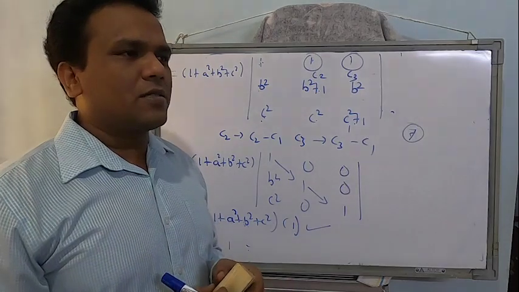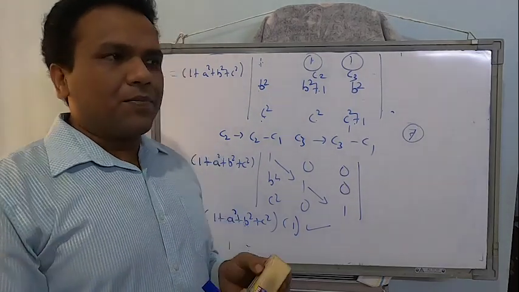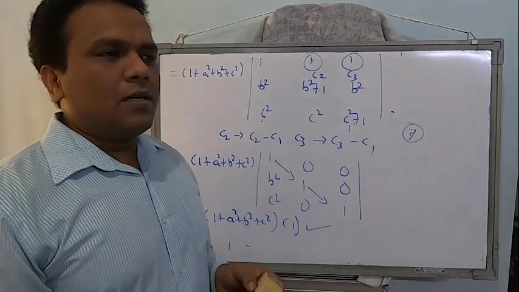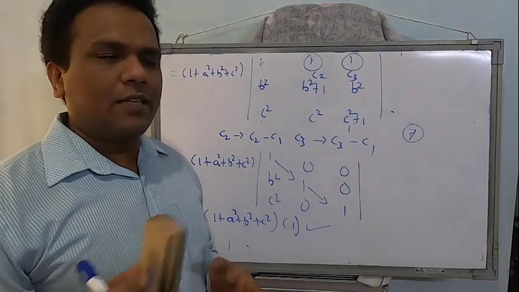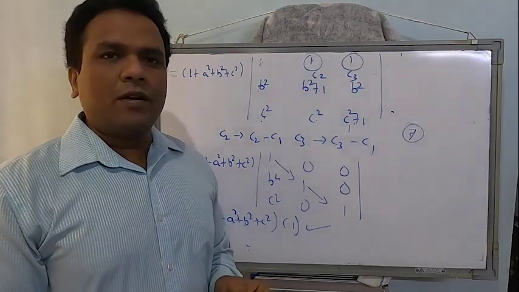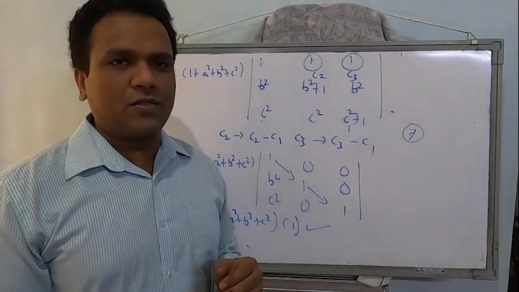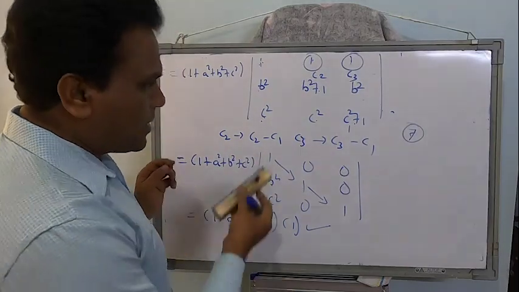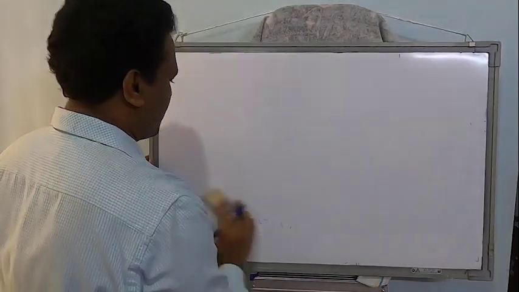Let us now just think about it. Property 1 we have not yet used in any of the sums. But the other properties, especially property number 4, 5, 6, 7, 8, these properties we have used many number of times. So today we will first try to finish off the worked examples based on these properties of determinants. Application of properties of determinants is not difficult. The only thing is you should get used to it.